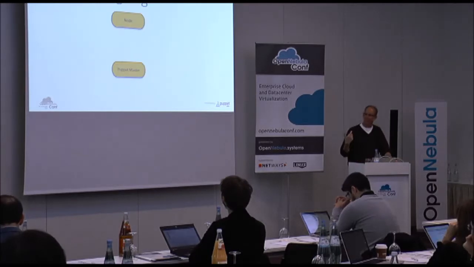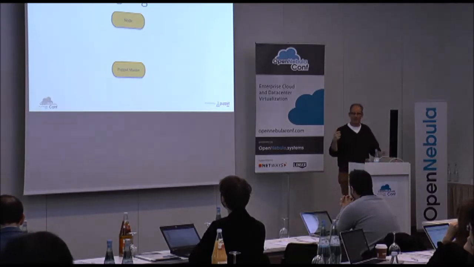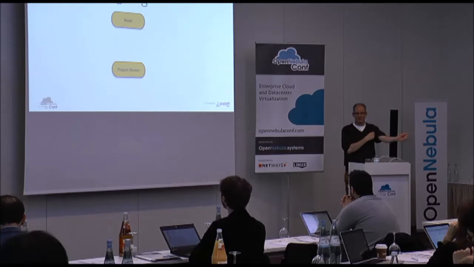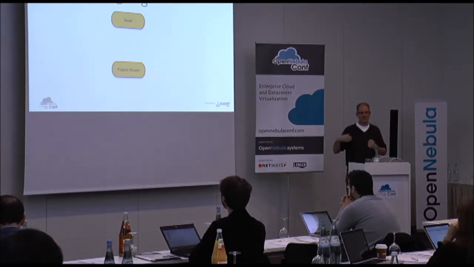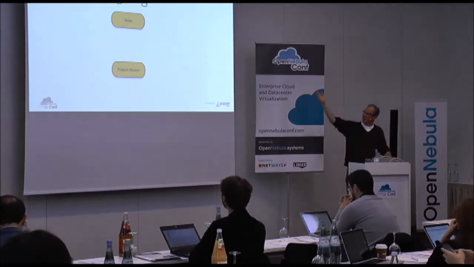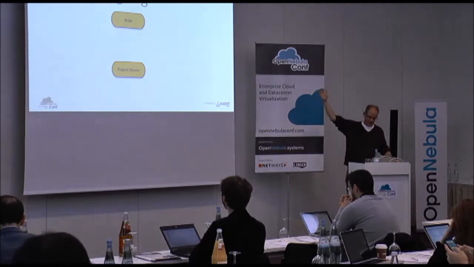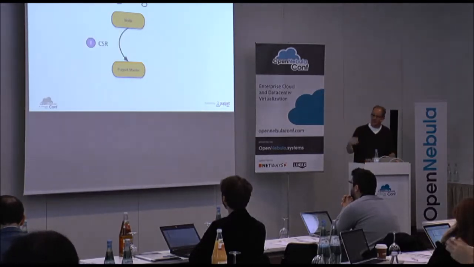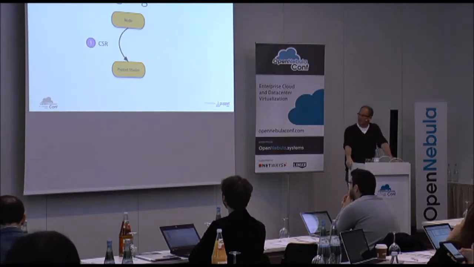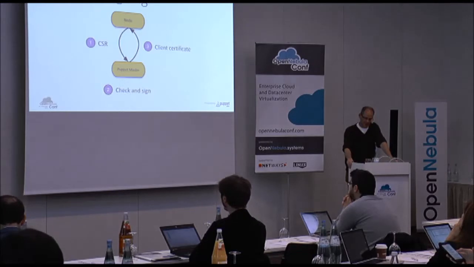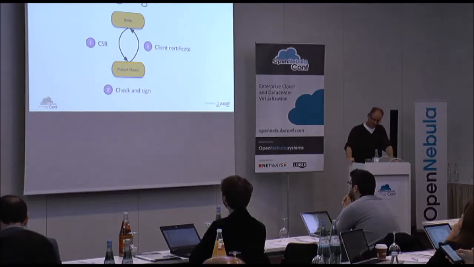The general flow in Puppet is modeled on a situation where you have physical machines and new nodes show up very rarely. So we have a node that's got the Puppet agent installed on it, and when that runs for the first time, it creates a certificate signing request, an SSL thing, and sends it to the Puppet master. The Puppet master checks that it is a valid CSR from a node that it likes, and then issues a certificate. And after that, they're off to the races. The agent can talk to the Puppet master, get its catalog and all that, and everything's good.